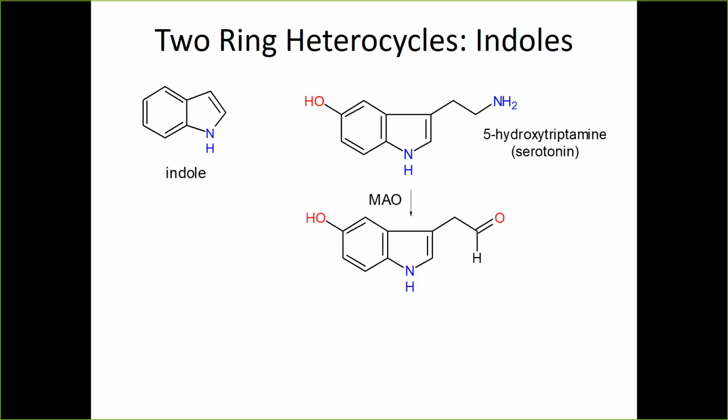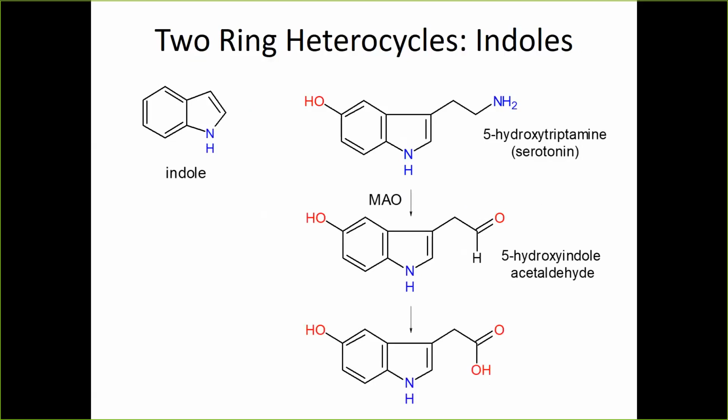So what happens to this when it gets metabolized? Well, the first thing that happens is it gets metabolized up to an aldehyde, deaminated. So this structure is a 5-hydroxyindole acetaldehyde. So you can see that the indole part is the part on the left, and then you have the 2-carbon carbonyl group on the right, which is the acetaldehyde, and it's an aldehyde which continues to get oxidized up to the acid. And the name of this then is 5-hydroxyindole acetate, or acetic acid, the way I've drawn it with the proton on there.